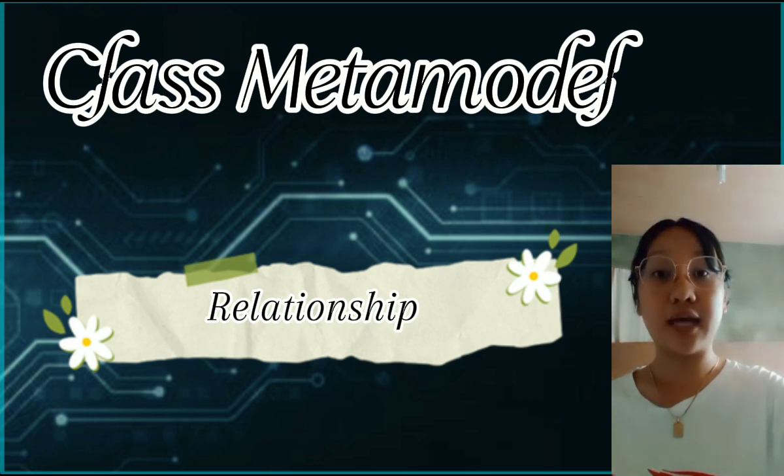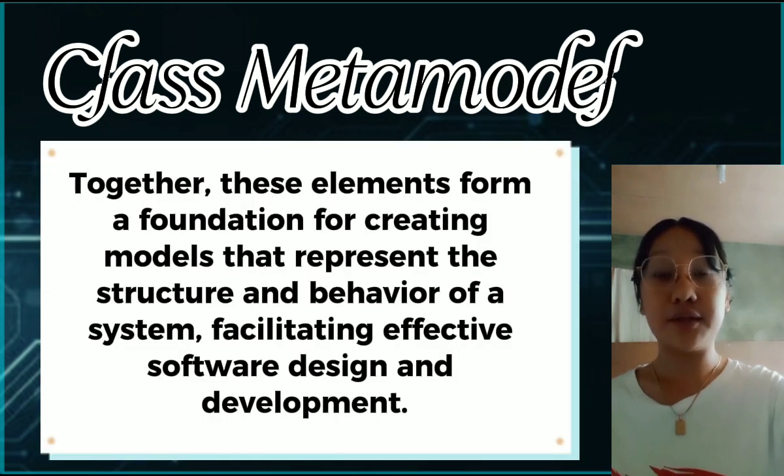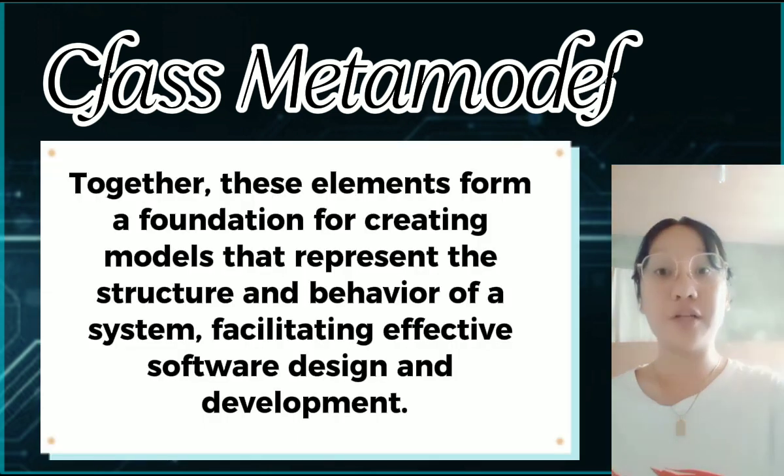Common types include association, aggregation, and composition. Associations represent connections between classes, while aggregation and composition describe stronger relationships with different levels of ownership. Together, these elements form a foundation for creating models that represent the structures and behavior of a system, facilitating effective